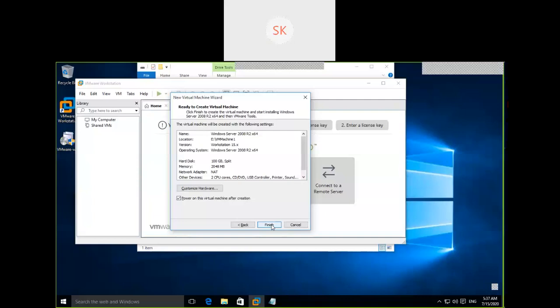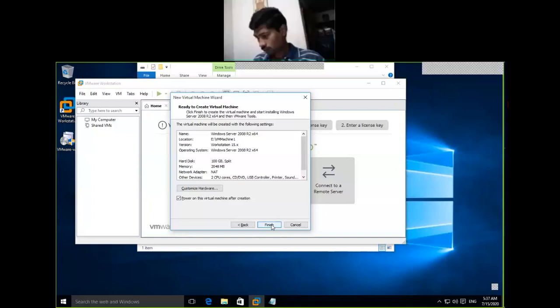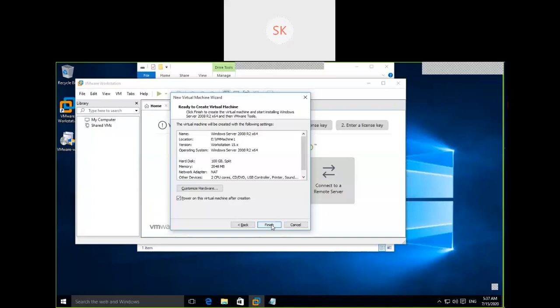We selected a NAT network. As we discussed in the components, 5 major components are required. Without these 5 major components, we cannot consider it as hardware to install a server operating system. What are they? Motherboard, processor, RAM, storage, network. Those 5 components we configured now. Okay, click finish.